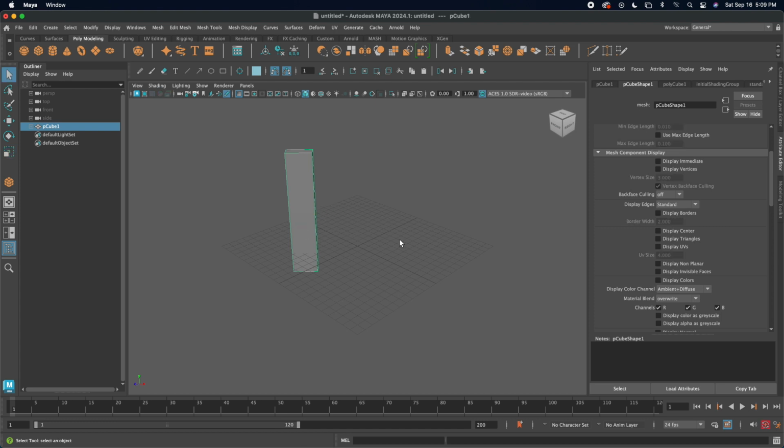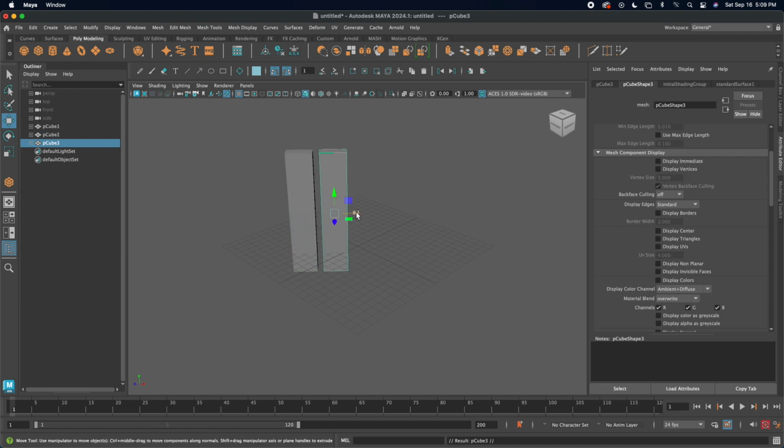So the first and easiest way to duplicate something in Maya is just simply Control D, right? Control D. And that will duplicate the object right on top of itself. Okay, pretty easy. Now, there's another cool function that you can do where you can duplicate an object with a